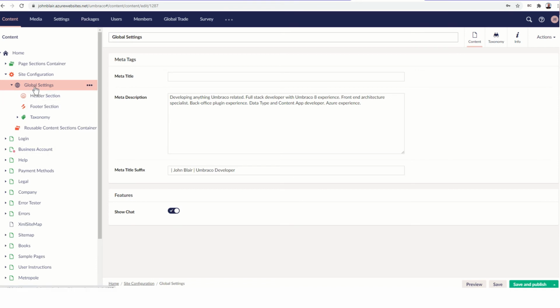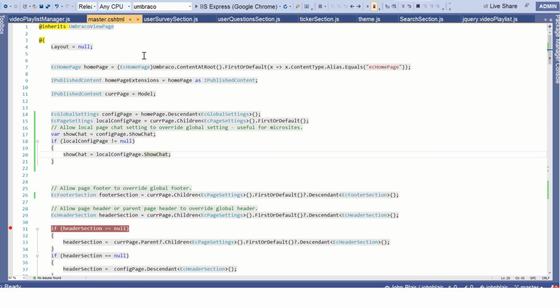I allow these global settings to be overridden on an individual page basis. So if you have a microsite, for instance, you can turn the chat off on all the pages of that microsite. Now this show chat is interpreted in the master page of my website, so all my pages have a